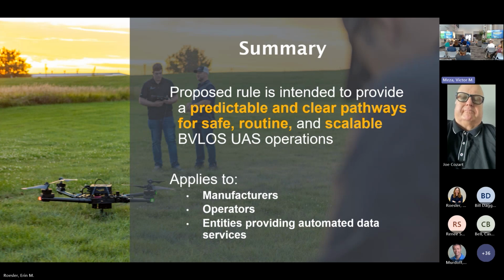The third category of entity that's affected by the rule is not operations or manufacturers, but a new category for the FAA, which is called the Automated Data Service Providers. New term, but essentially, if you've heard UTM, unmanned traffic management, USS, 3PSP, or a whole host of other terms to talk about an entity that's offering services or infrastructure, software or technology that supports a drone and a drone operation, you are now falling under this category of automated data service provider.